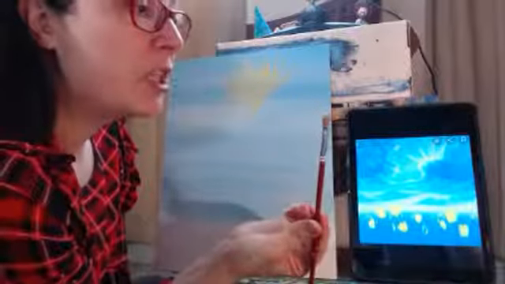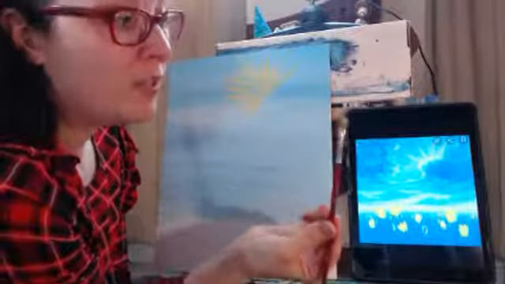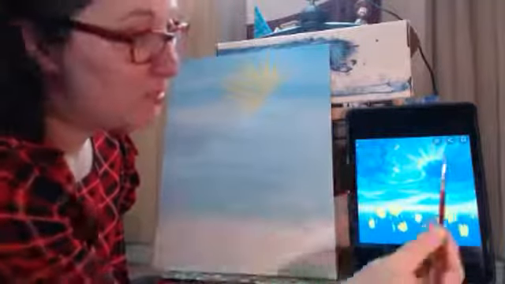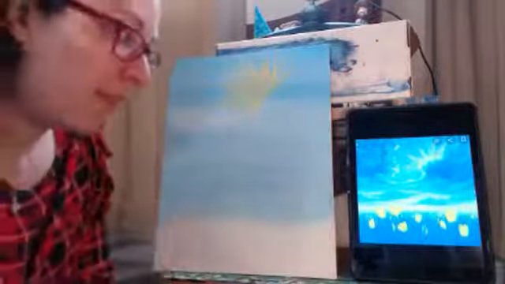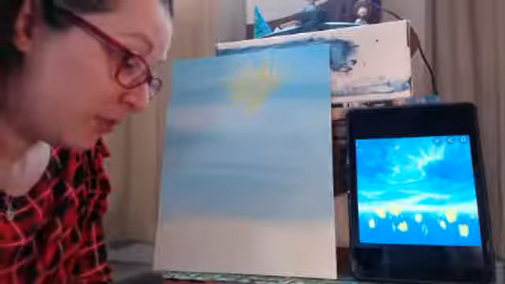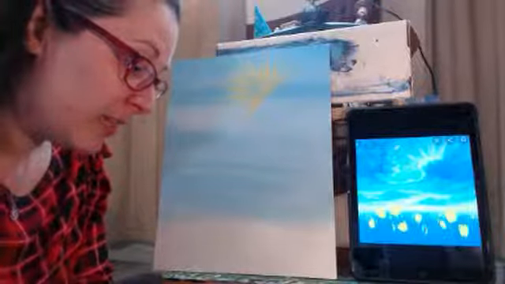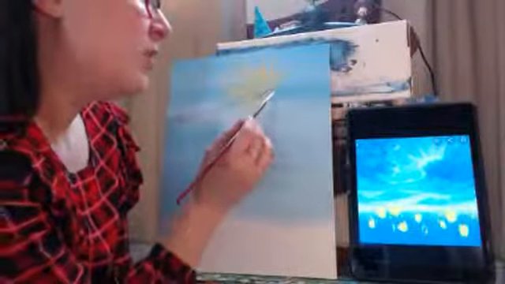It might be a little tricky because even with this brush, it's very straight. So if you have a sponge, that could be cool too. Definitely if you want to try something else. I'm not going to use a sponge. I'm going to do it with the brush just because I like things to be harder, I guess. No, I just don't have a sponge close by. So what I'm going to do is start with a bit of my darker blue, and I'm going to add it to my brush. I'm using that Copenhagen blue. And then I'm going to just start